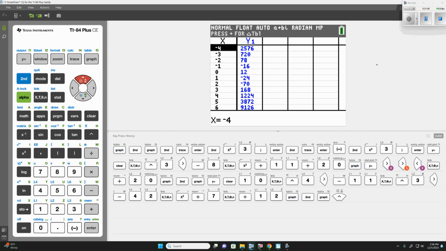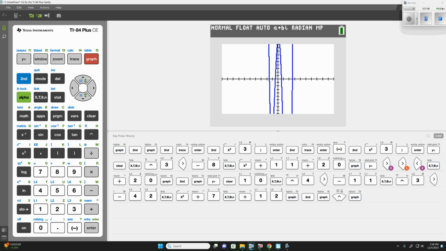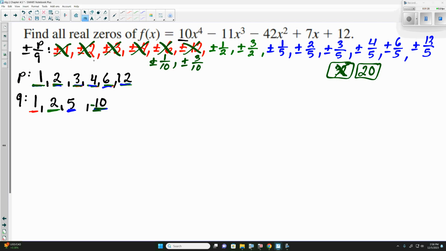And if I look at the graph, there's 4 different spots where it does cross. And out of all of them, I'm going to look between 0 and 1. Out of all these here, I'm going to use a highlighter. The ones that are between 0 and 1, positive or negative, are 1/2, 1/5, 2/5,